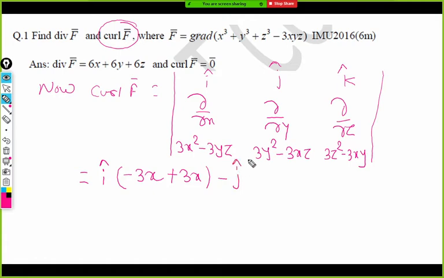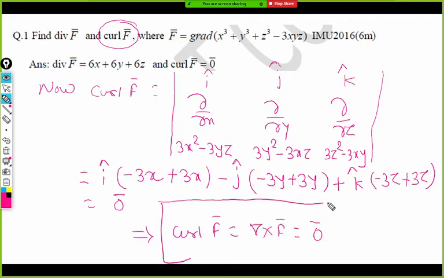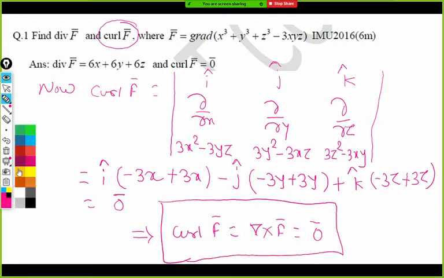In the same way, if you calculate all these derivatives, derivative of f3 with x, here you get minus 3y, and you get plus 3y. Overall, yes, correct. Overall, it comes to 0 right now. So it is minus 3z plus 3z, and we observe it is actually 0i plus 0j plus 0k. So we are getting 0 bar. This gives us curl f bar, that is del cross f bar. We got the answer as a 0 vector. That is the answer. Each of these components got cancelled, and because of that, we get 0i, 0j, 0k, and curl f bar is a 0 vector.